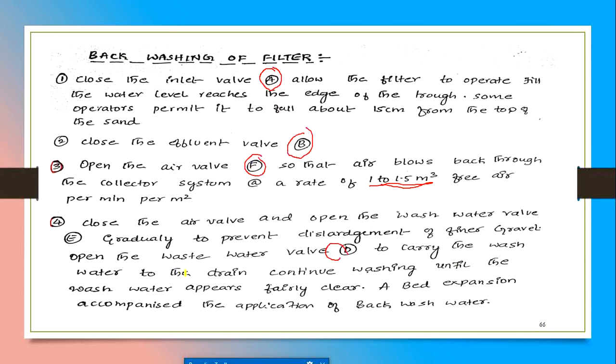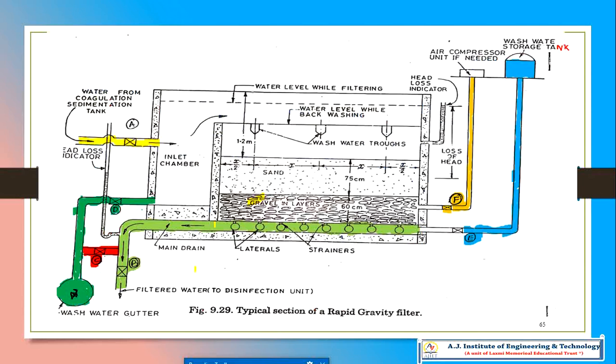You can see this in the figure clearly. Almost all the details are given in the figure. This is the water level while filtering, and the water level during backwashing.